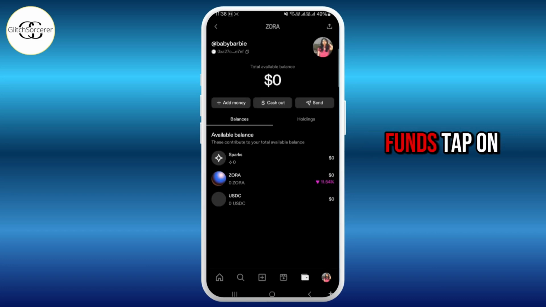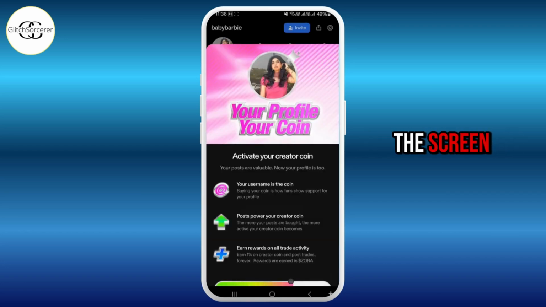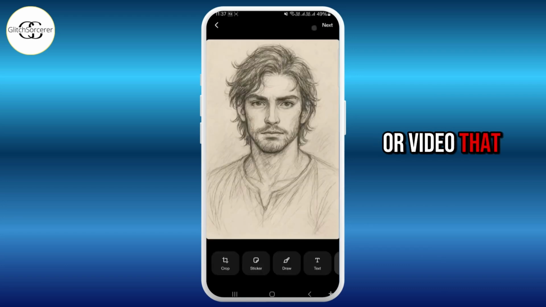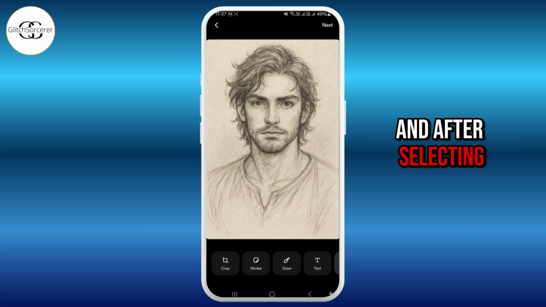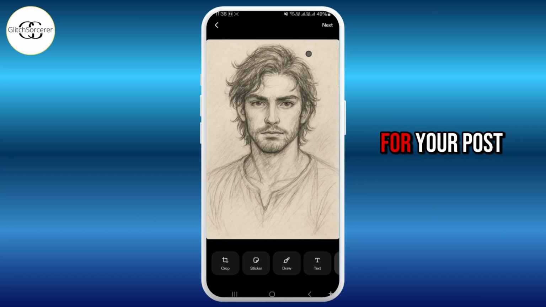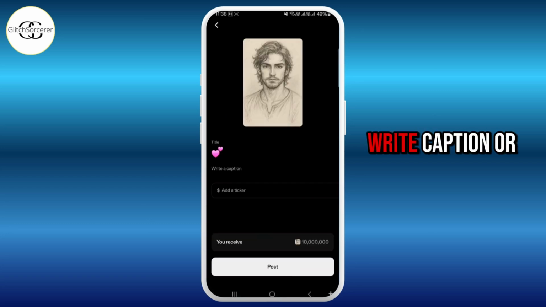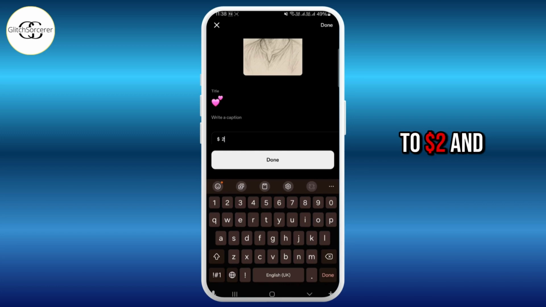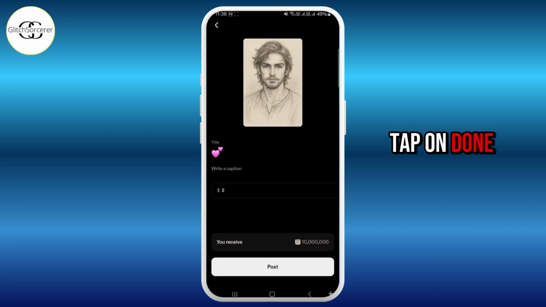And after adding funds, tap on the icon, select make your first post, hold to activate the bottom of the screen. Select the photo or video that you want to post or any video content that you want to sell on the platform. And after selecting your content, enter a title for your post. You can also write caption or add a ticker. Let's go ahead and set it to $2 and tap on done, which is highlighted in white color, and then